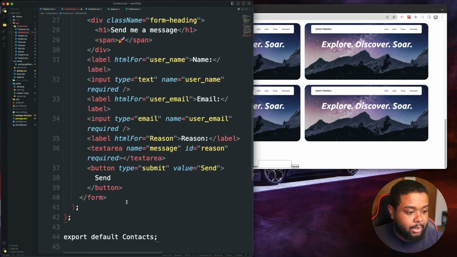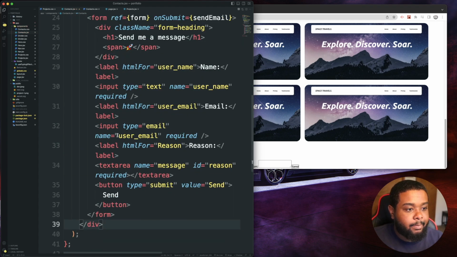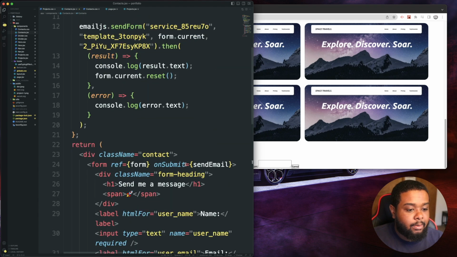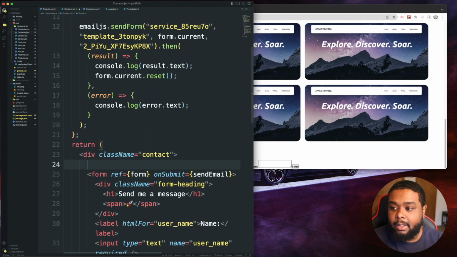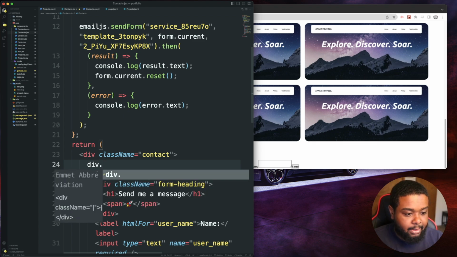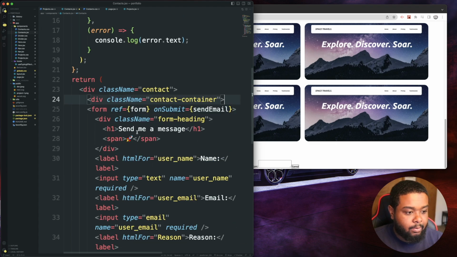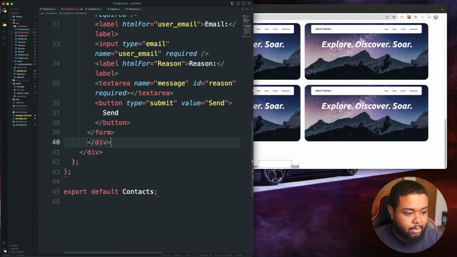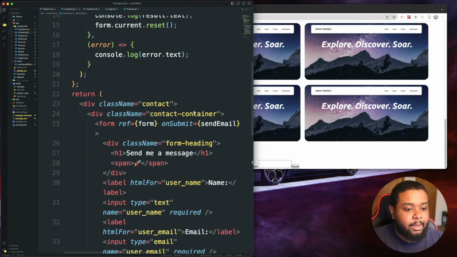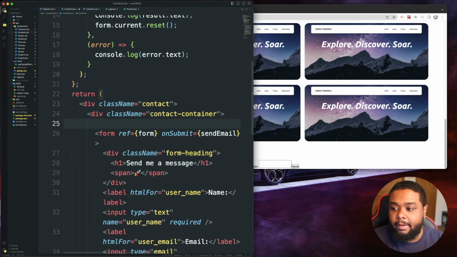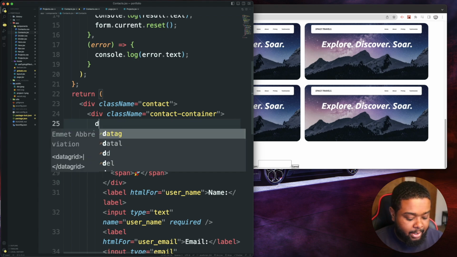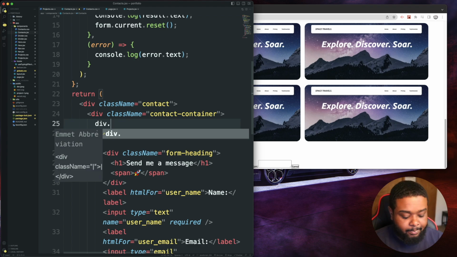So let's go ahead and do that, and we're going to make another div in here, and it's going to be contact container for the class name. Contact container, and let's put our form in this one as well. Yep. All right, and after the opening tag of this div, we're gonna make another div, and this is gonna be contact